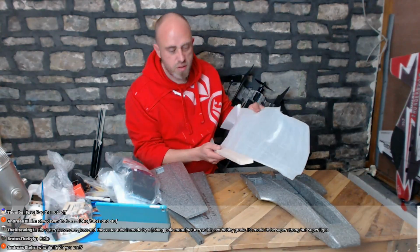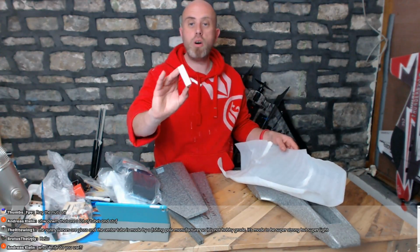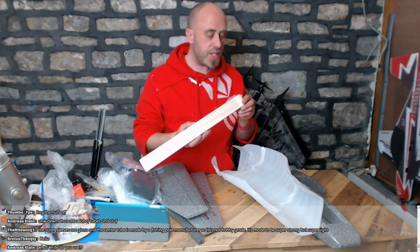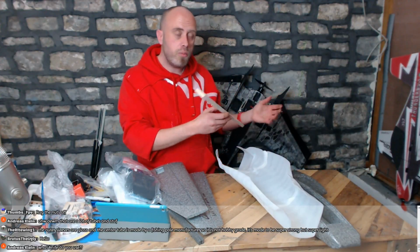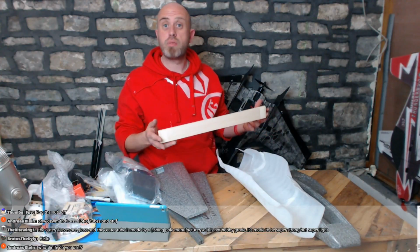Let's have a quick look. What knife do you use? Just a cheapo craft knife is the honest answer to that. Pair of Elevons. Now, this one is actually going to a new home very shortly. Dave said he's going to have it, so he's having it for the price which I paid for it,